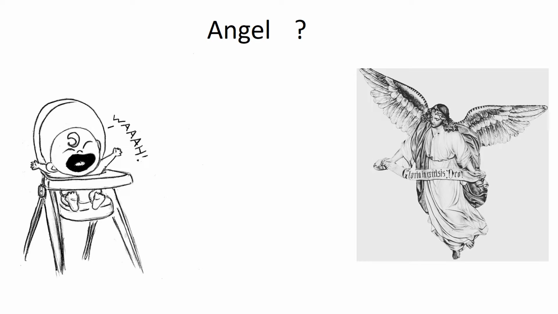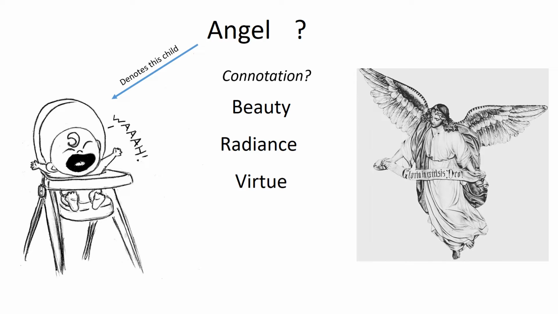In order to understand what the speaker means when she refers to a child as an angel, the hearer needs to understand two things. The first is that the subject being referred to is a child, not an actual angel. The second thing the hearer needs to understand is which angelic trait the speaker means to attribute to the child. In our culture, angels are typically thought to have a number of traits. They are beautiful, radiant, and virtuous, often depicted as having wings, and in the Judeo-Christian tradition might be thought of